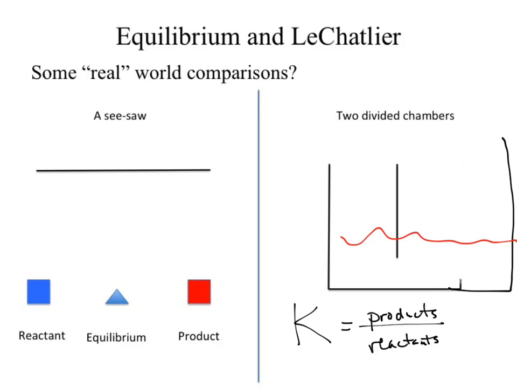Pick a ridiculously small number. Pick 1 divided by 0.0003. What happens to K? It becomes bigger. The smaller our reactant concentration gets, the larger our product, or our equilibrium constant becomes. That is going to be our ideal situation. We want our reactions to go as much to our products as possible, which means our product concentration is massive and our reactant concentration is tiny, which means the K value becomes a